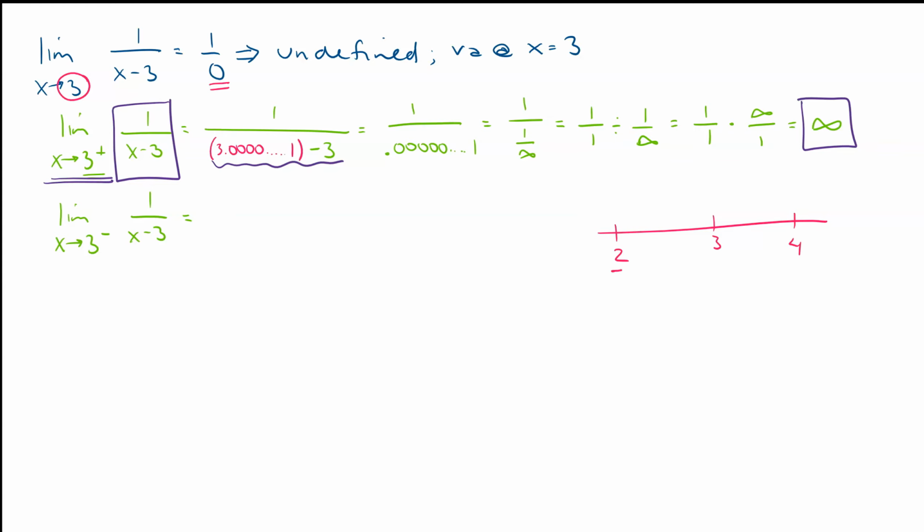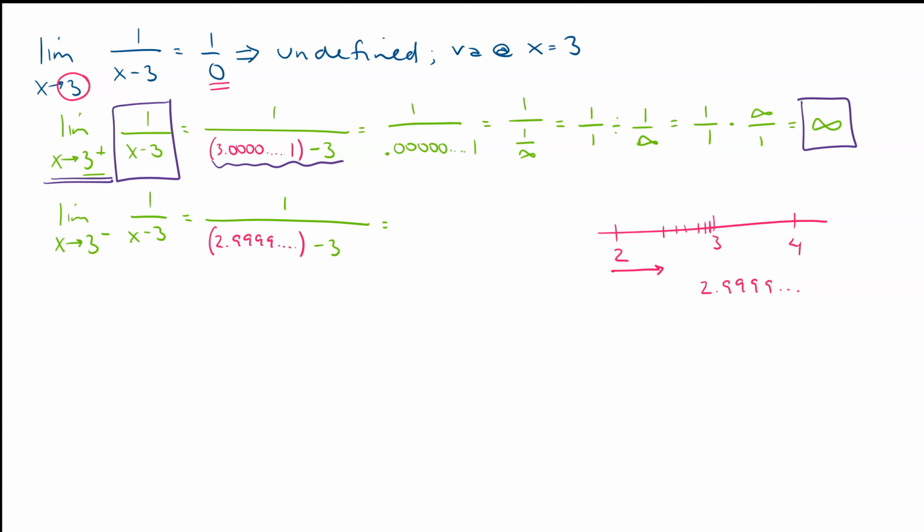Approaching the value 3 from the left-hand side, we get values like 2.5, 2.6, 2.7, 2.8, 2.9, getting closer, 2.99, getting even closer, 2.999. The closest that we can get to 3 without actually touching 3 is, say, 2.999999999. So now coming back to the problem. I can't plug in 3 exactly. That will give me an undefined value. But if I plug in a value that's really, really close to 3 from the left-hand side, say a value like 2.9999999,